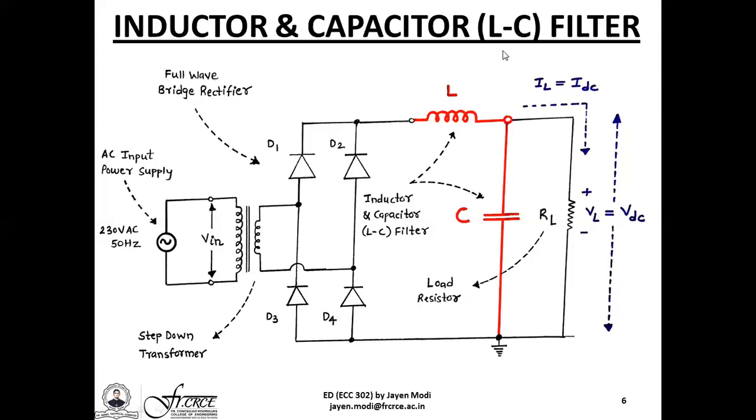This particular shortcut may give you some memory based remembrance that you have the inductor L first and then you have the capacitor C. What follows later is the load RL. IL or the value IDC is nothing but the load or the average DC value of the output current through the load RL. VL is equal to VDC, which is simply the load voltage developed across the output, or the average value of the DC output voltage.